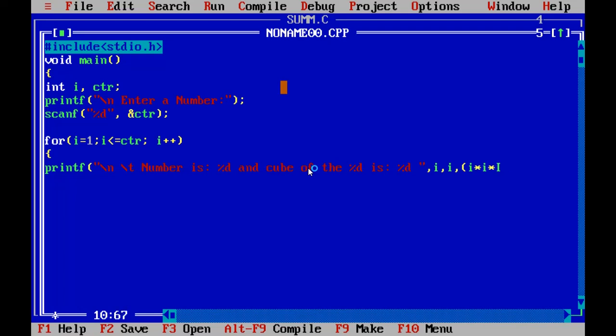Here, by writing this expression, we are evaluating the cube of i.